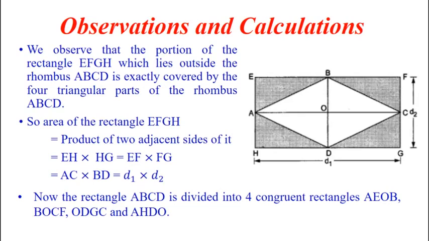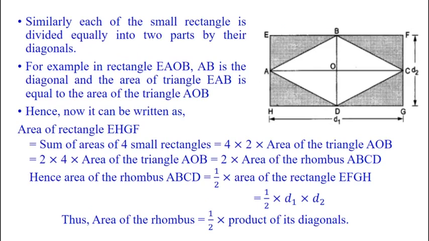Now the rectangle EFGH is divided into four smaller rectangles AEOB, BOCF, ODGC and AODH. All are congruent rectangles. Similarly, each of the smaller rectangles is divided into two parts by its diagonal. For example, in rectangle EAOB, AB is the diagonal and the area of triangle EAB is equal to the area of